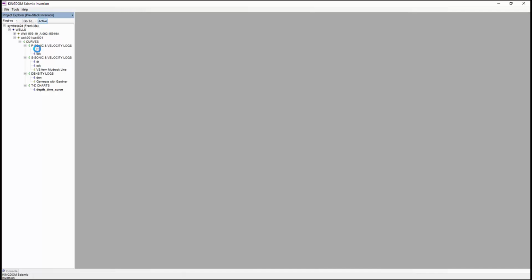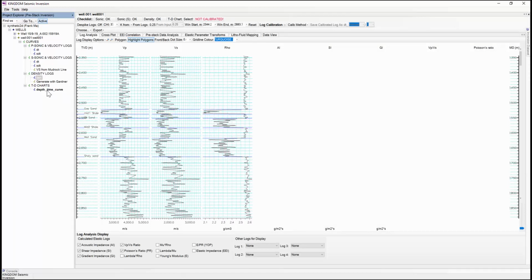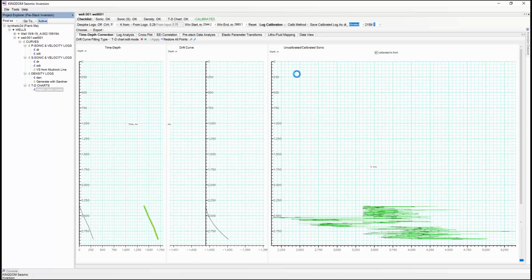So here I'm selecting my sonic log. This is my shear sonic. This is the density log and the time depth curve. So once these are loaded, as we've seen in the other two inversion packages, we have our calibrated log on